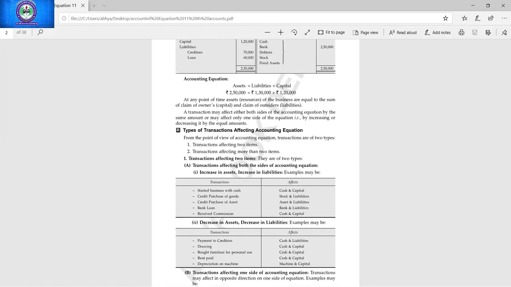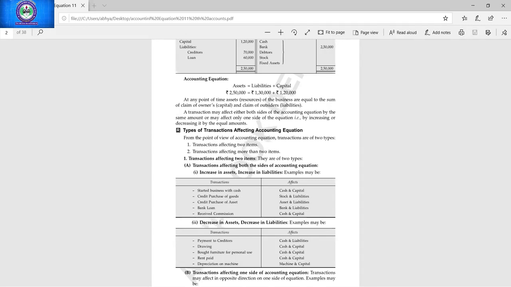If the brokers are there, they are selling or buying shares. If your main business is only buying and selling of shares, you are dealing in the stock market, then it will be your stock. But if you have purchased the shares for investment, then how can it be your stock? So make sure that stock means only the purchase of goods, not the purchase of any asset. And shares are here an asset.